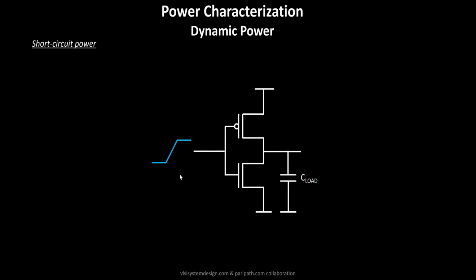If we start from the beginning, whenever your input is at logic 0, the source is at 1.8 volts, your VDD, and your VGS is about negative 1.8 volts. Your PMOS transistor is conducting, because the threshold voltage of the PMOS might be about negative 200 or negative 250 millivolts, and your VGS of negative 1.8 volts is far beyond that, which causes the PMOS transistor to conduct.